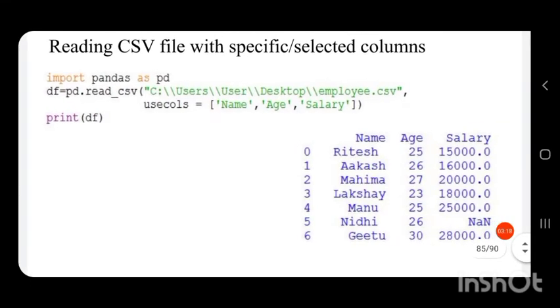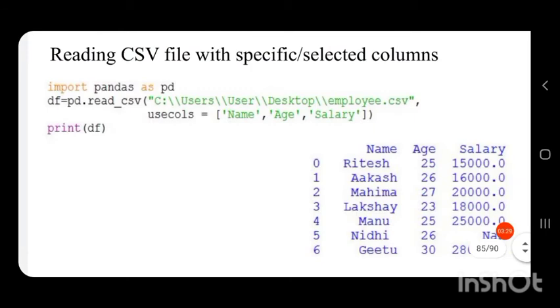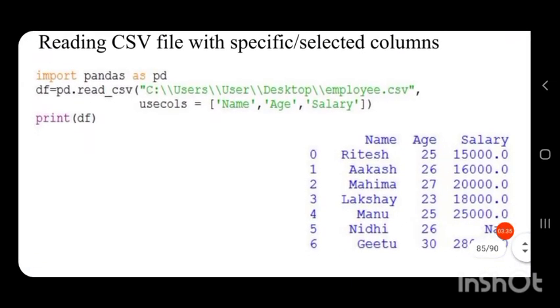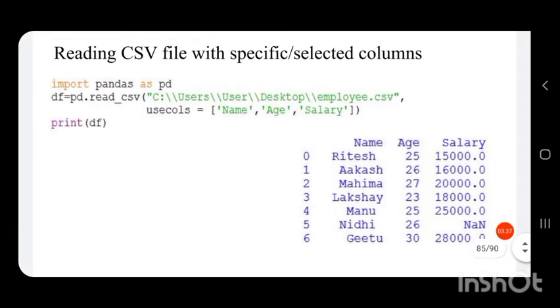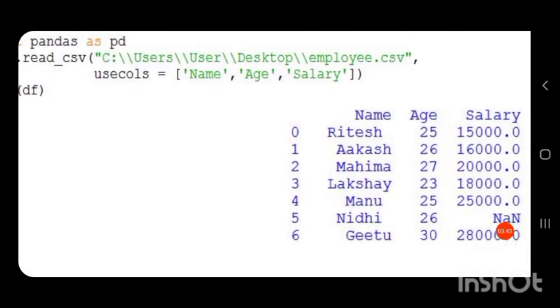In that, first is the path of the CSV file, comma, then we have a new attribute in this function called usecols. Usecols is an attribute in the read_csv function to select only particular columns of a CSV file.